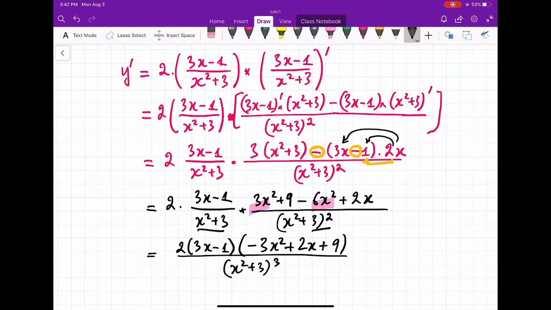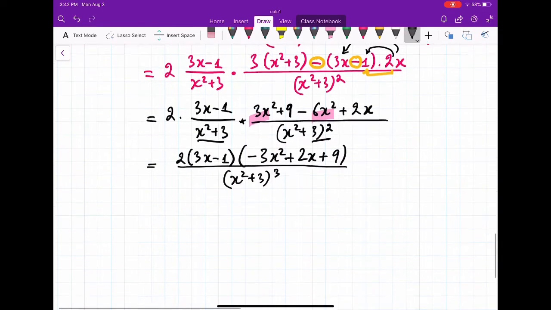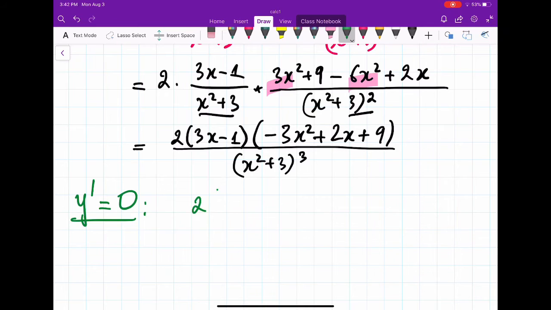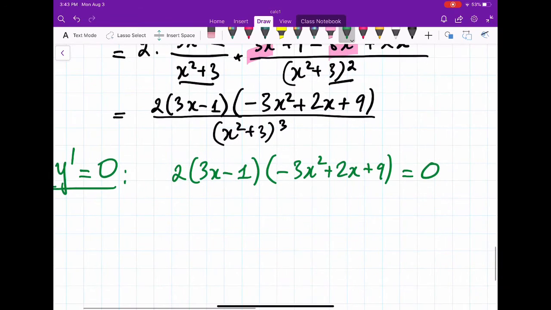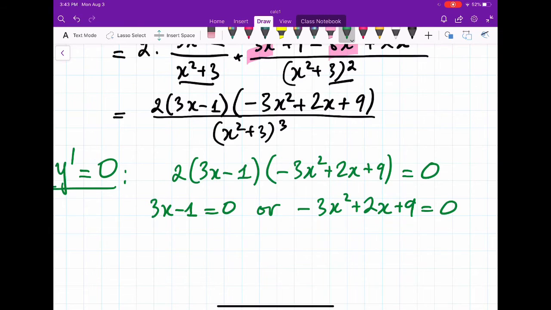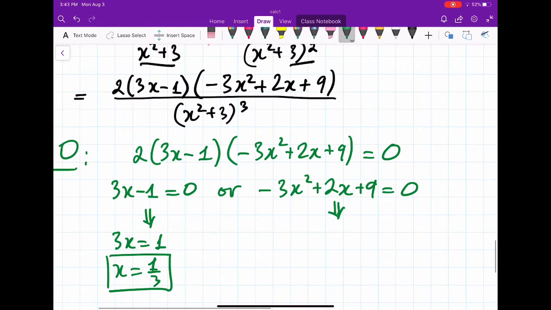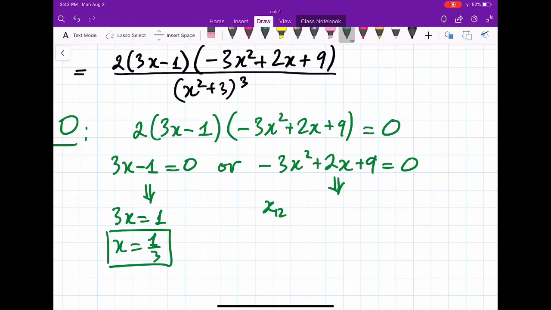Okay, let's try to solve at least one time, right? y prime equal to 0. So if you need to solve this equation, you just put the top equal to 0, right? 2 times (3x minus 1) times (negative 3x squared plus 2x plus 9) equal to 0. From here, you have 3x minus 1 equal to 0 or negative 3x squared plus 2x plus 9 equal to 0. So we need to solve these two equations. From this equation, I get 3x equal to 1 or x equal to 1/3. One solution. And this is quadratic equation, right? So I need to apply the quadratic formula. What is that? That is x1,2 equal to negative b plus minus square root of b squared minus 4ac over 2a. Okay, so according to this formula,